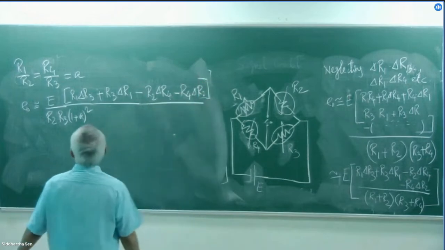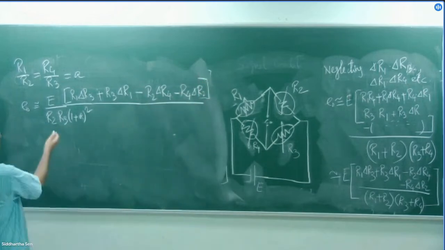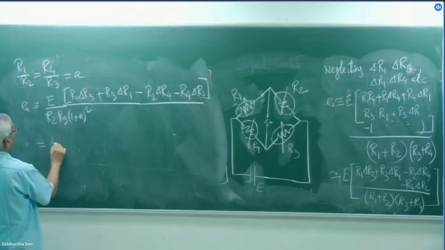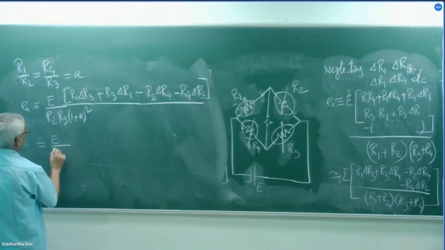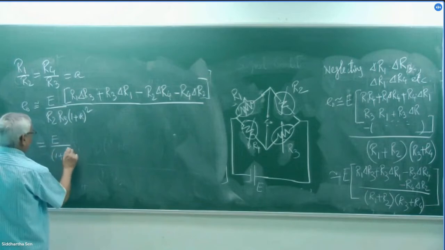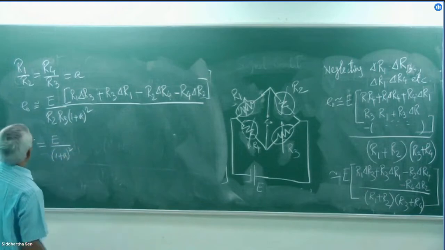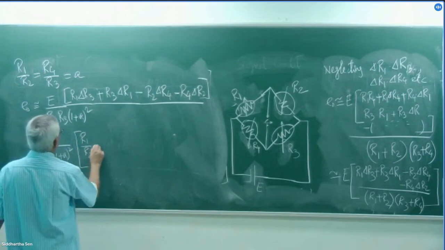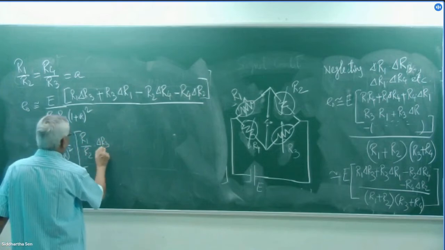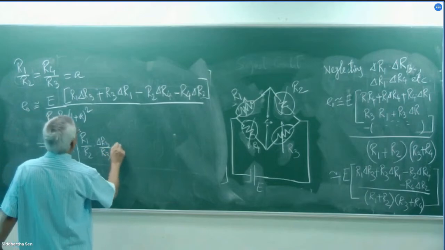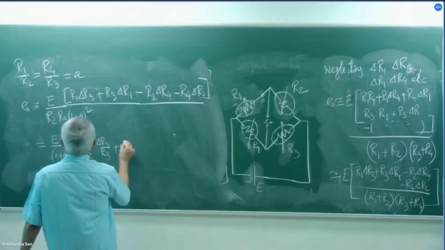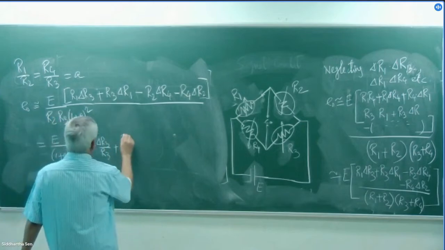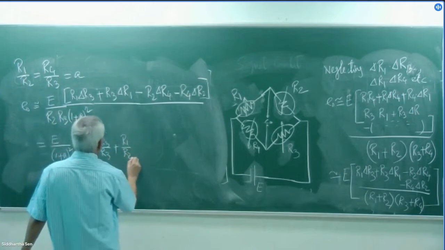So with this one, if I take out the R2 by R3 inside this one, I can write it down as E is equal to 1 plus A whole square. And here what is this? R1 by R2 into delta R3 by R3 plus, I can write, delta R1 by R2. I can write it down as R1 by R2